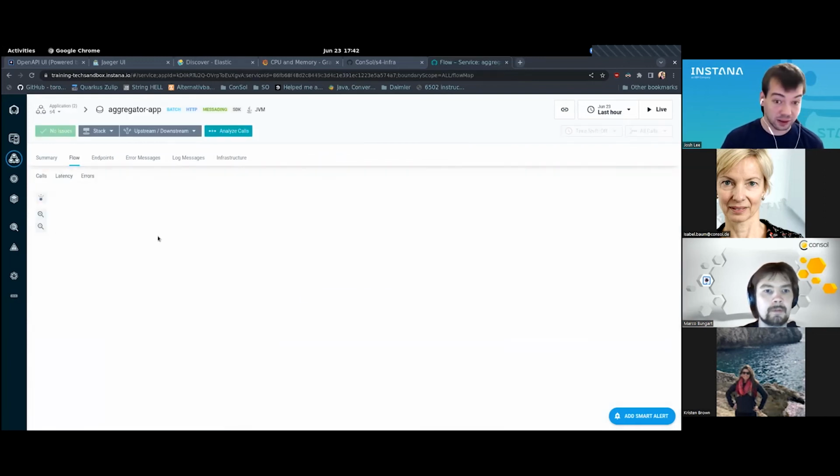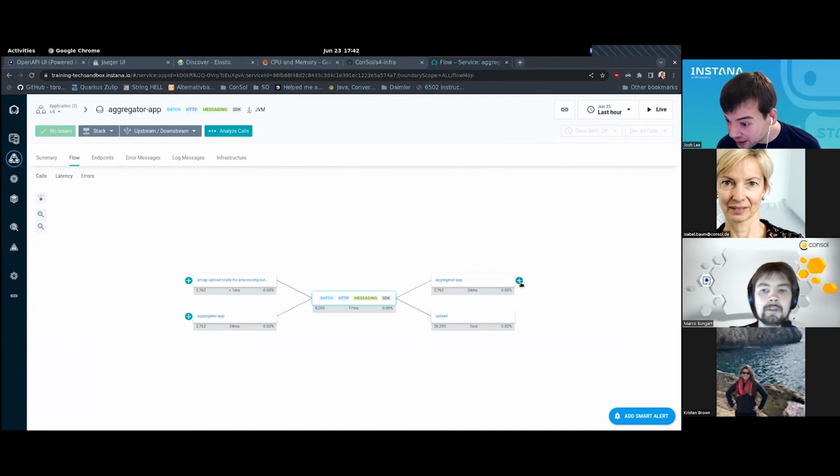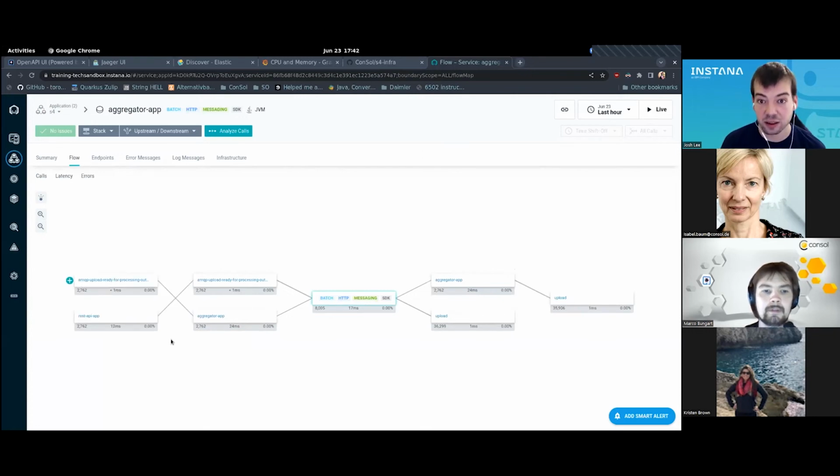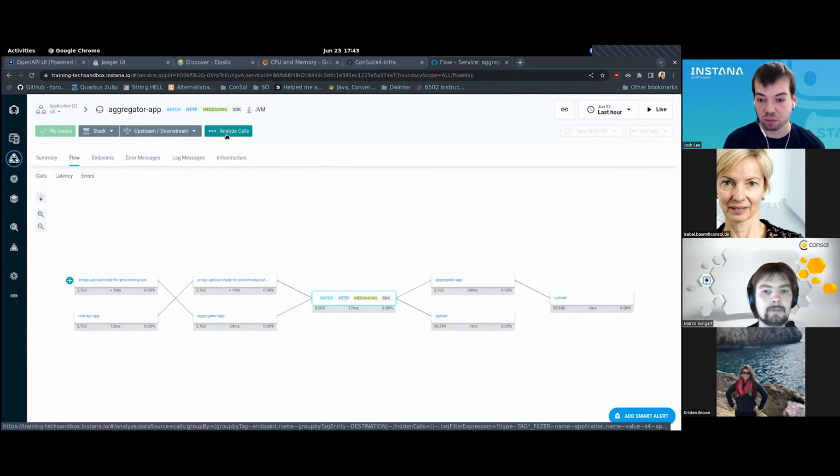It looks like you just got a question, Josh. Okay. When saying it auto discovers the service, is it not required for any code update at all? Correct. You don't even need to restart the server. So if you have a Kubernetes cluster with some services running on it, you can deploy the Instana agent and start receiving data in a few seconds.